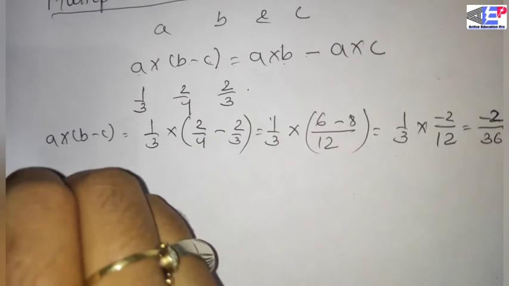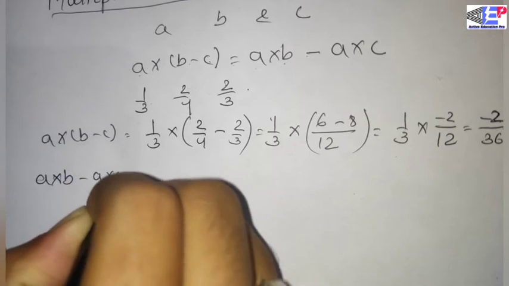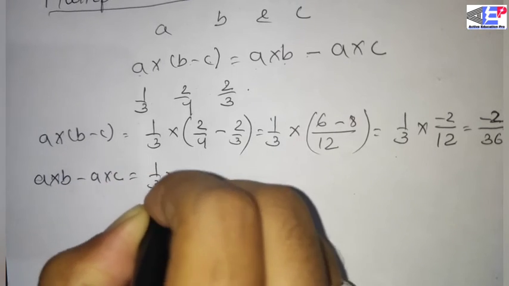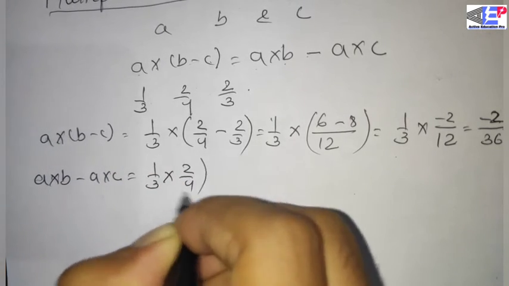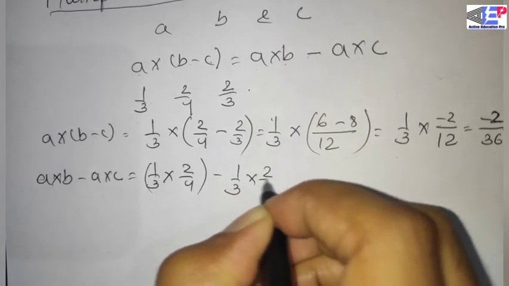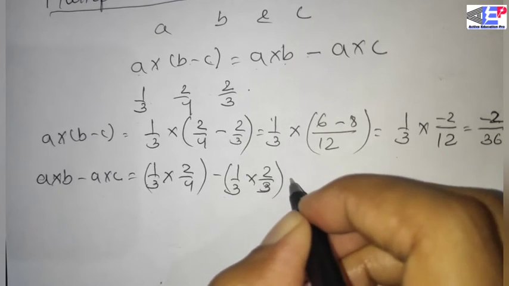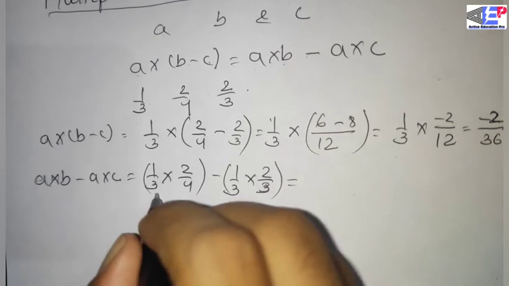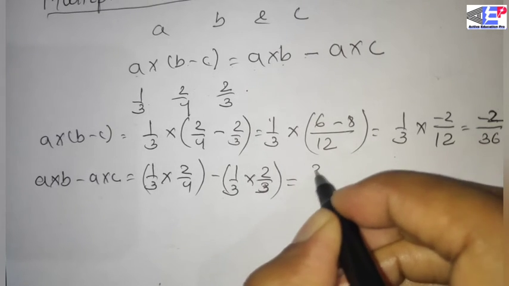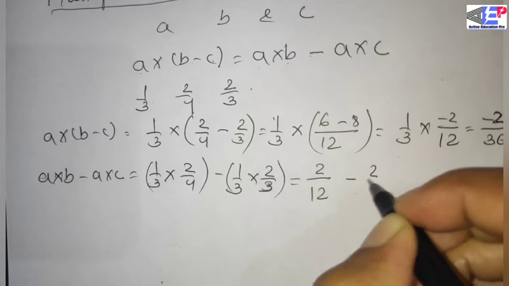Again check for right side, A cross B minus A cross C. 1 by 3 into 2 by 4 minus 1 by 3 into 2 by 3. All numbers are positive decimal numbers. First solve this bracket. 1 2 is 2 by 3 4 is 12 minus 2 1 is 2 by 3